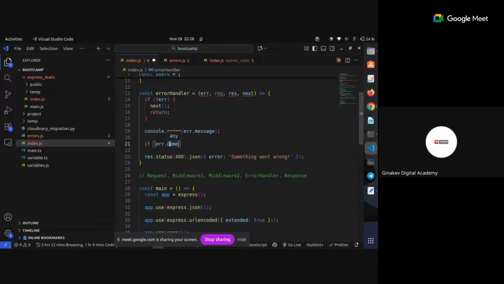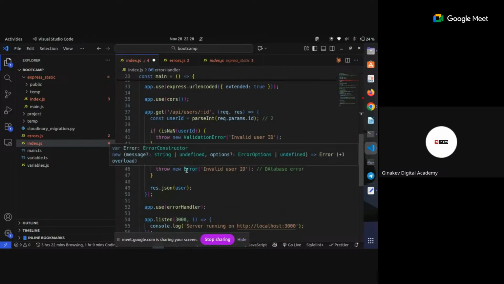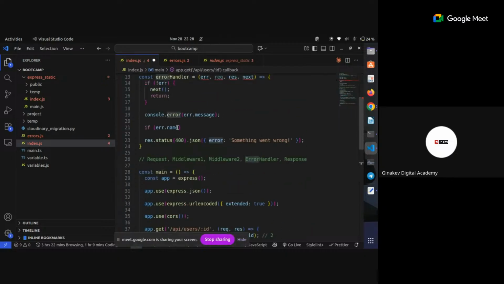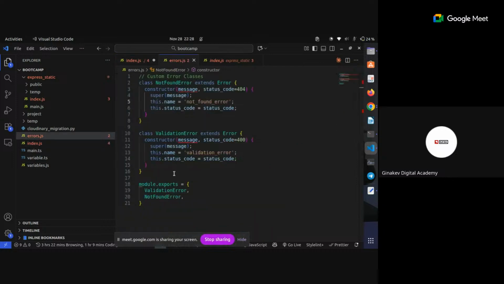It's showing any here because it's not typed. So if it was a regular error like this one that gets thrown, it's not going to have a name, so this function will not capture it. So if the name is equal to validation error,